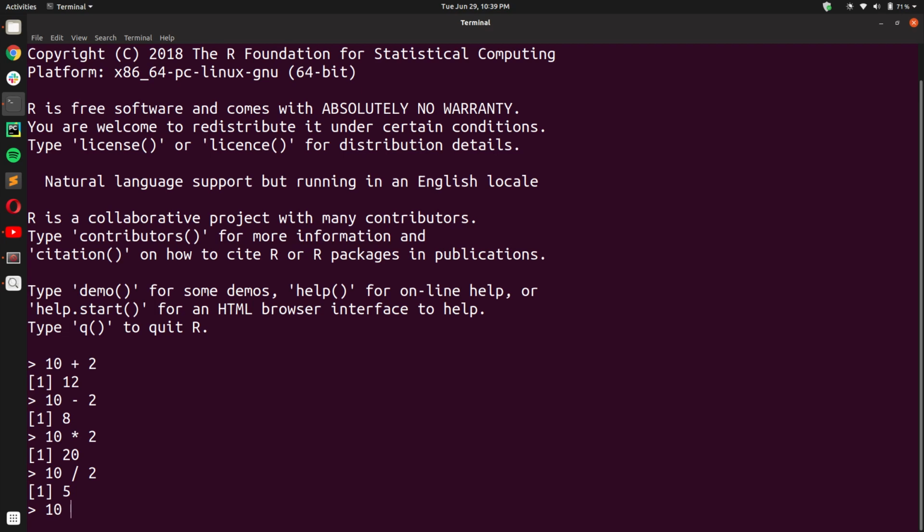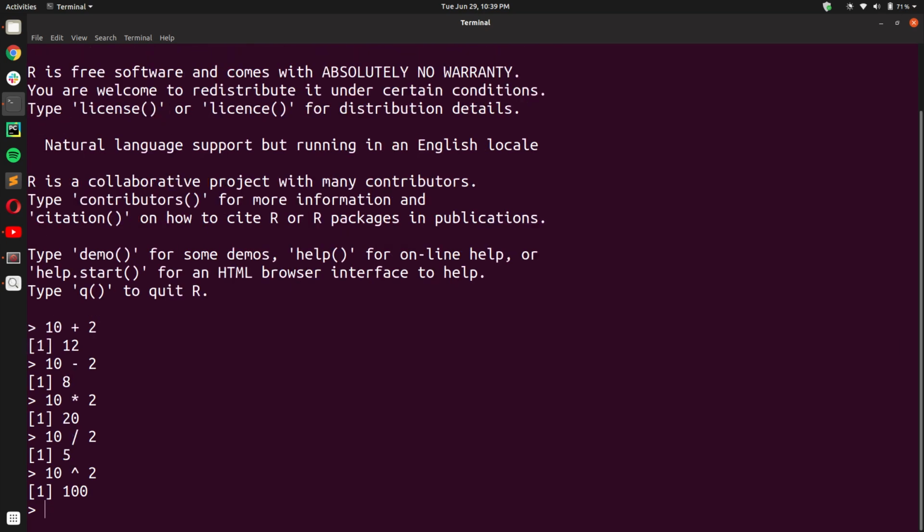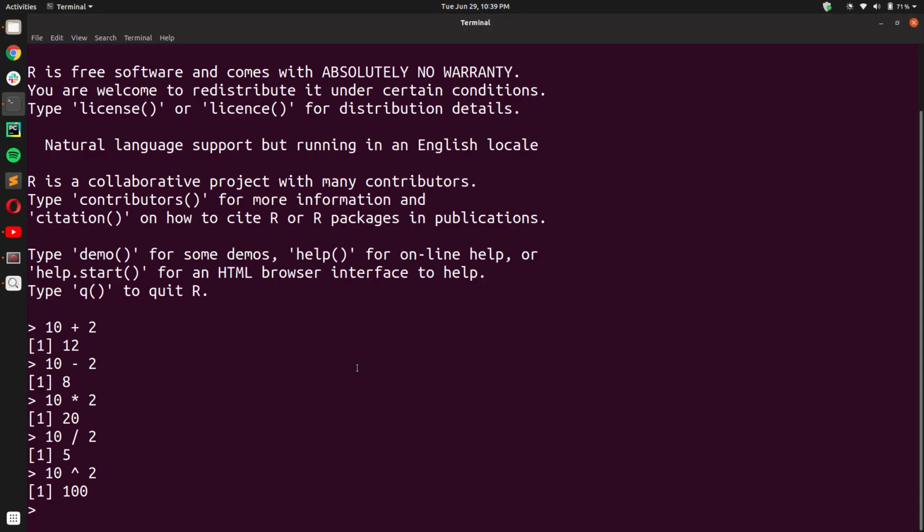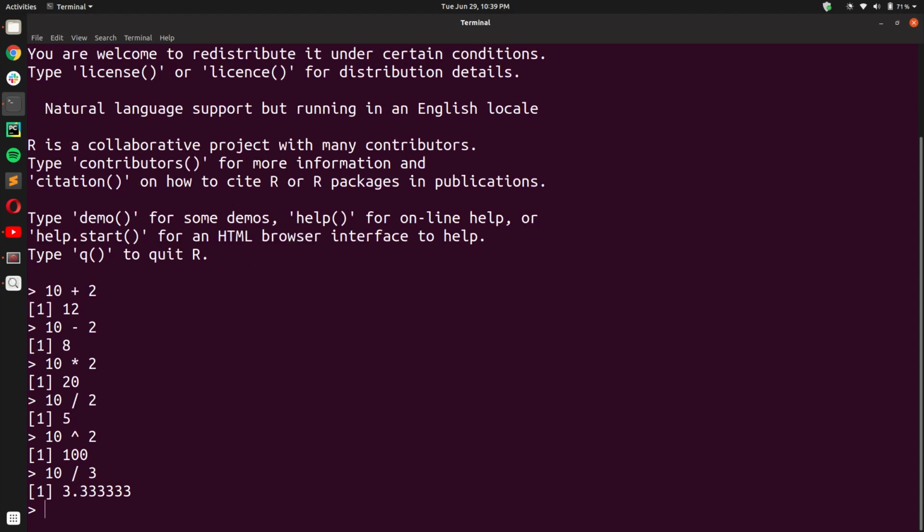Exponent is something that is comparatively new. 10 raised to the power 2, 10 square, 100, correct. And then we have modulus and integer division. 10 divided by 3 gives you 3.333.